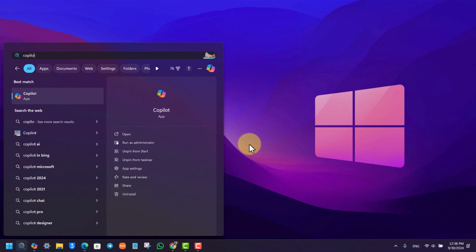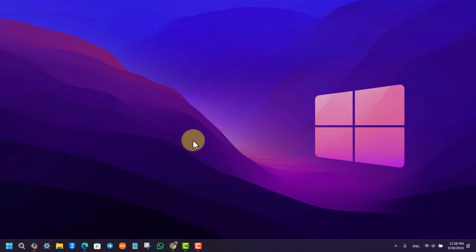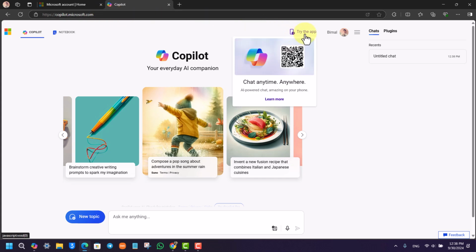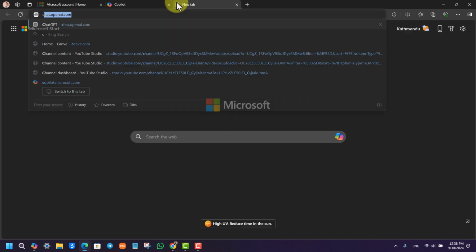Now let's say it is not installed in yours. How do you install it? Now you can also go to your browser and go to copilot.microsoft.com, and here you can see this option called try the app. It says chat anytime anywhere. You can just try this application on your phone as well, or you can go to your browser and type